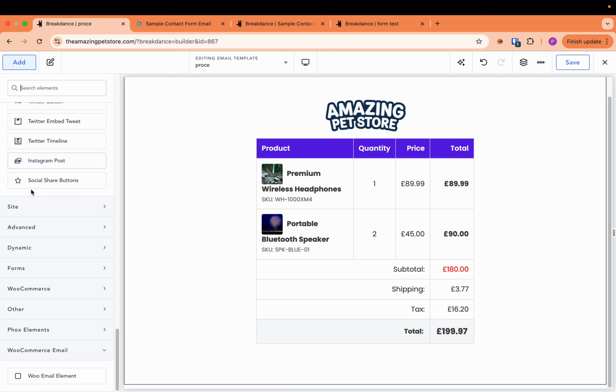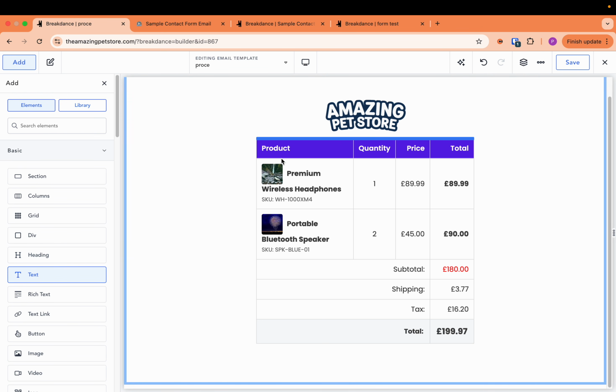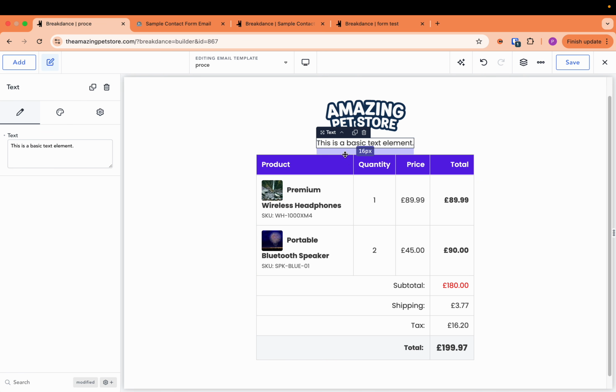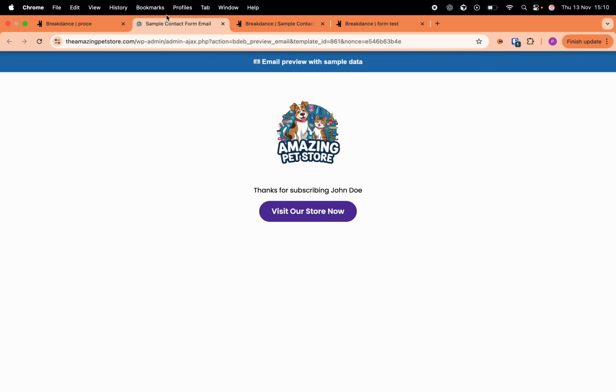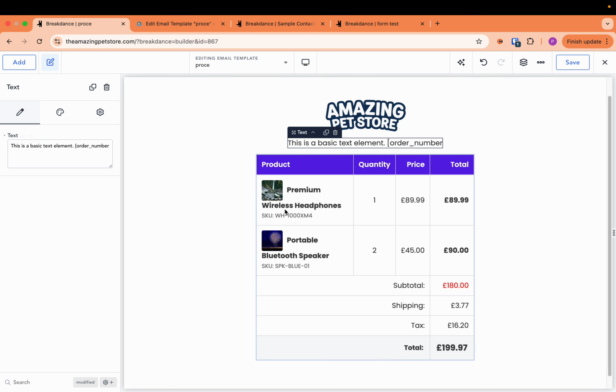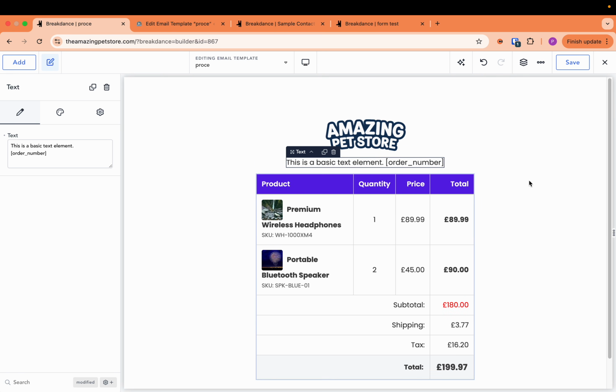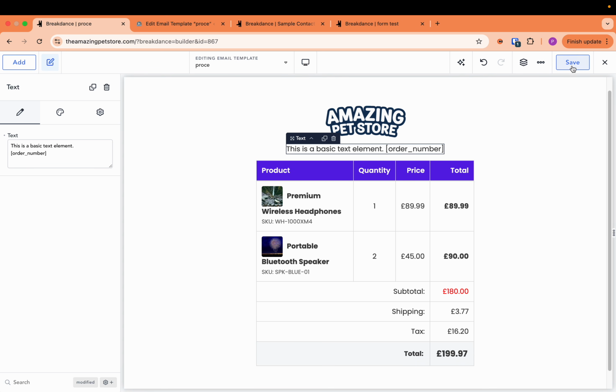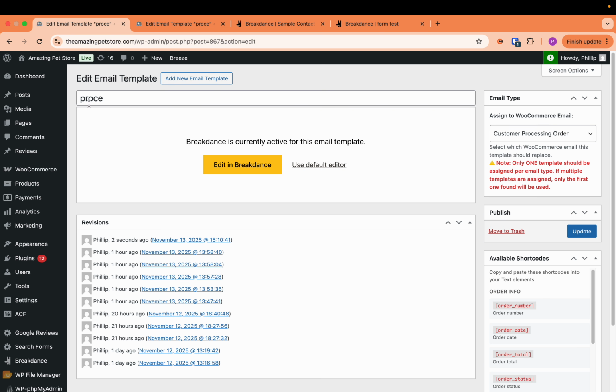But in the same way as the other one, if I add some text to this, I can use those shortcodes that are detailed in the page. Let me just go back and get one. So while that's loading, if I was to type in here order number, that's the shortcode for order number. It doesn't show it in here, but in the actual email that would be replaced by the order number. So you can use those in the text and stuff like that. But this works in exactly the same way. You design your template, you save it, you come back out, and then you can preview it as well